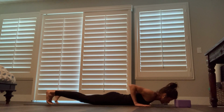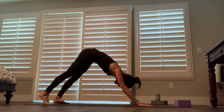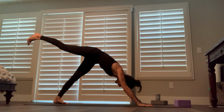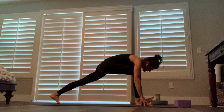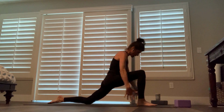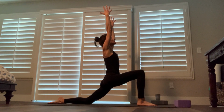Release. Inhale, high plank, and exhale, downward facing dog. Inhale, lift your right leg, and exhale, step your right hand next to your right thumb. Crescent lunge, surrender your left knee, and on an inhale, fingertips rise towards the sky, pinky slightly in towards one